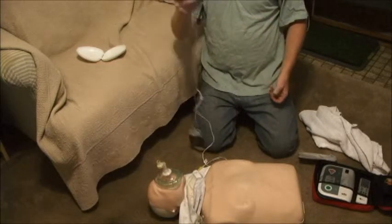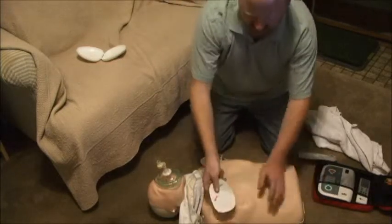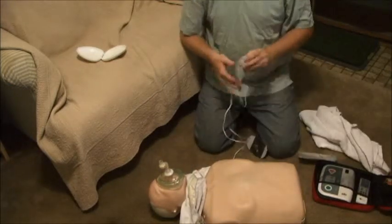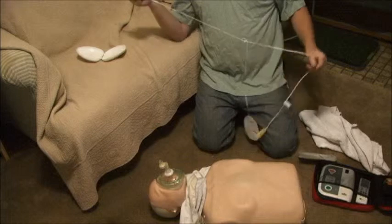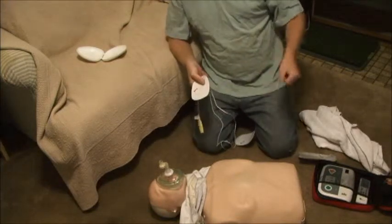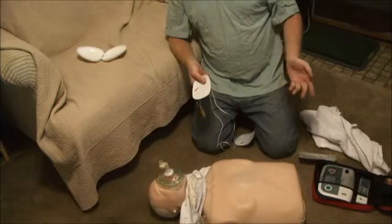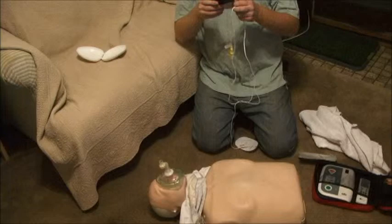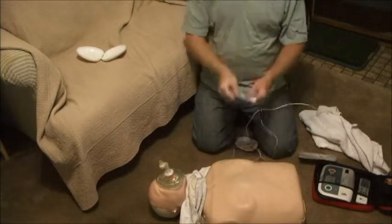Now, if the person has a lot of hair on the chest, you want to take the patch, put it on top of the spot, and then rip the hair off. Or some AEDs come with a shaving kit that you could use to shave the chest, so that you could get an adequate shock. So what you're going to do is apply the pads, one down on the lower part,